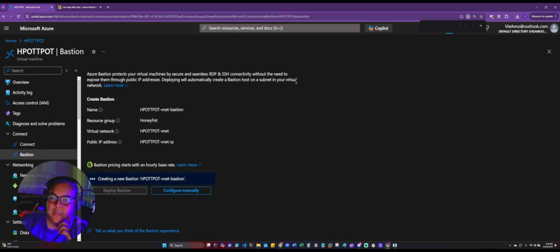Azure Bastion protects your virtual machines with secure and seamless RDP and SSH, without the need to expose them to your public IP address. Deploying will automatically create a Bastion host on a subnet in your virtual network. Okay, so while that's loading,